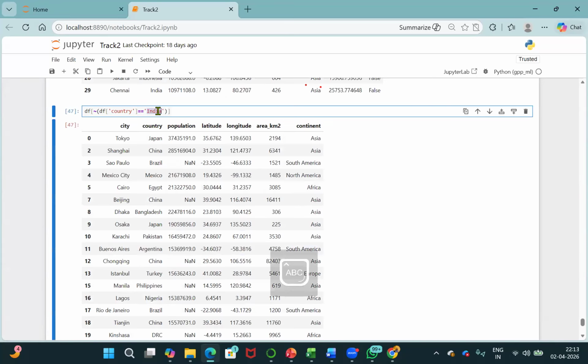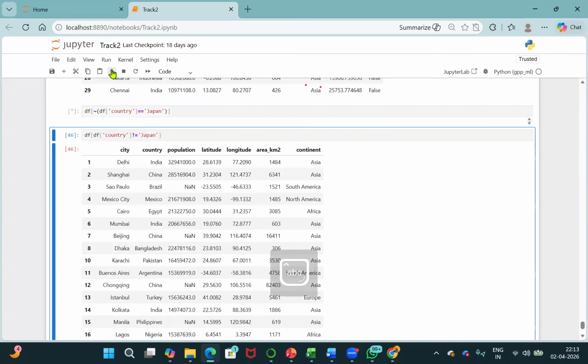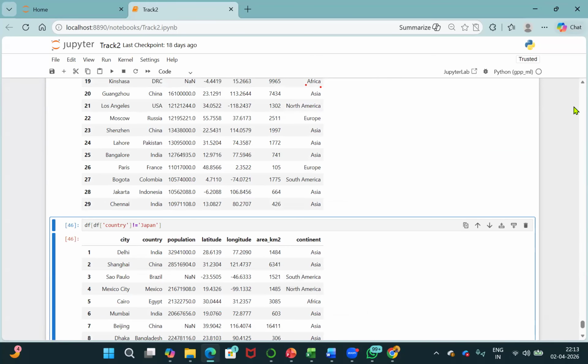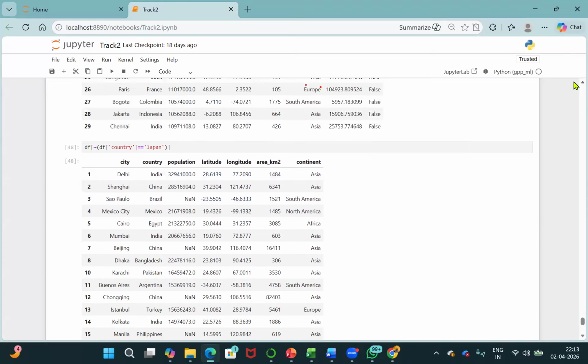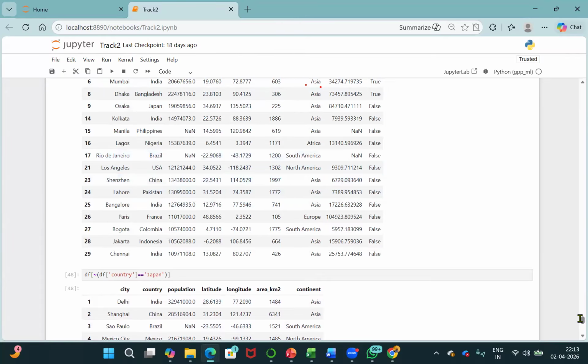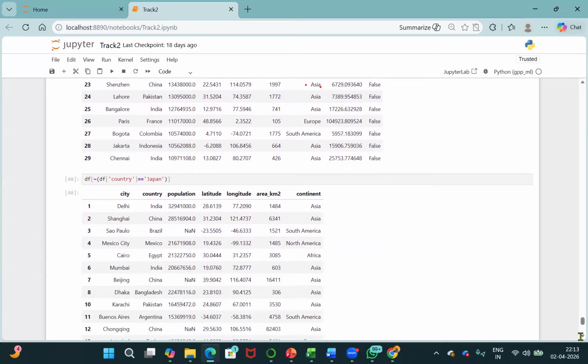Let's say Japan. Yes, so Delhi, India, we are getting now. So see, it is a kind of not operator we are using. We are not using the equal to operator. So it is going to return the values. If there is a Japan, it will not return. But if it's not Japan, it is going to return those particular values. Earlier there was some issue because we were doing so many things, so a kind of malfunctioning happened. But here you can see now,